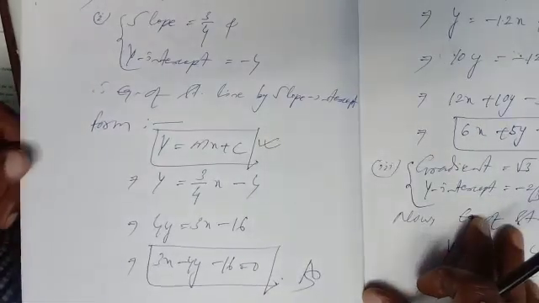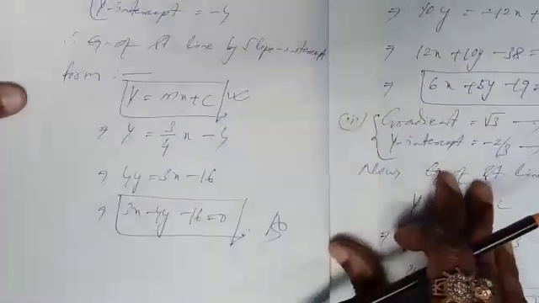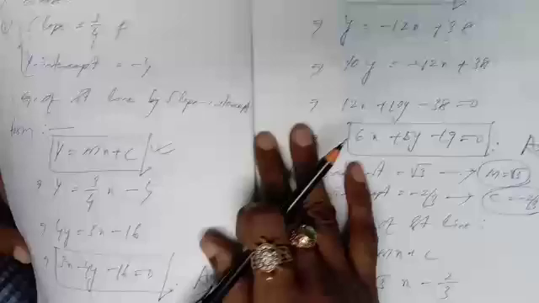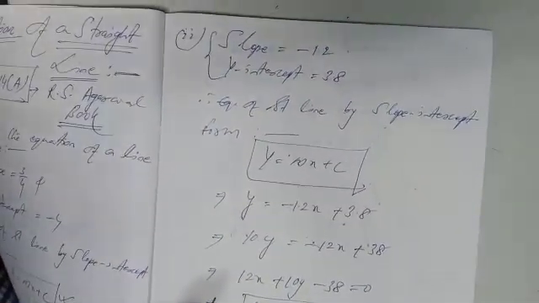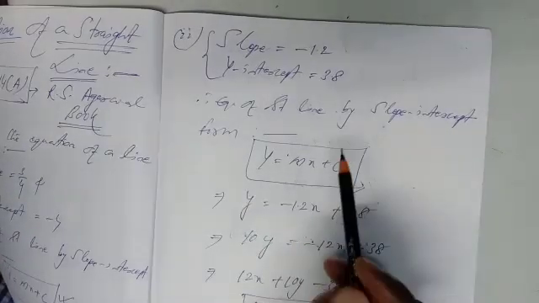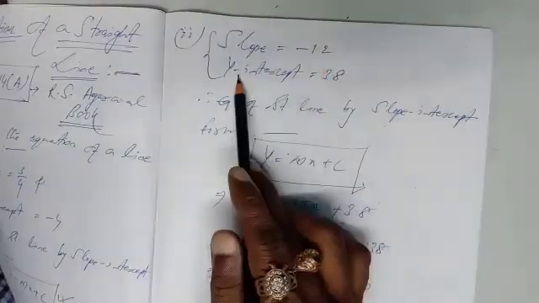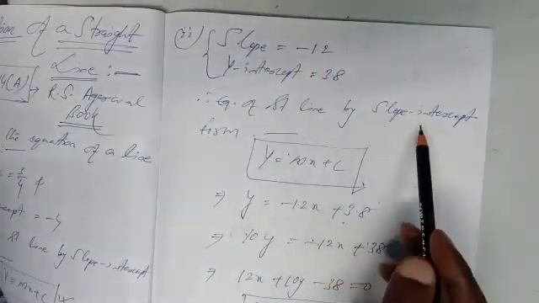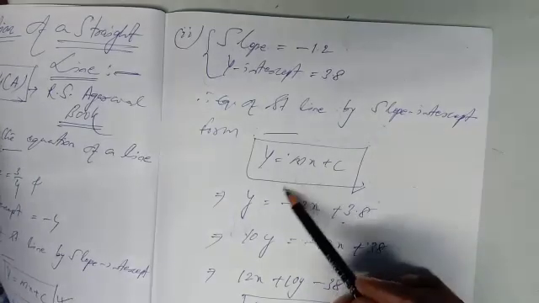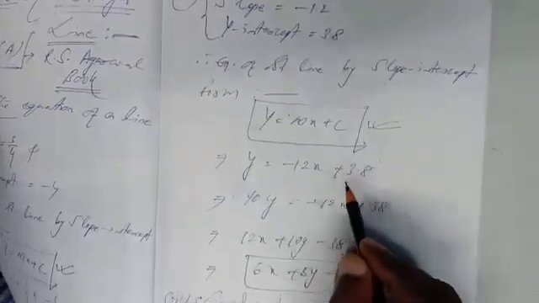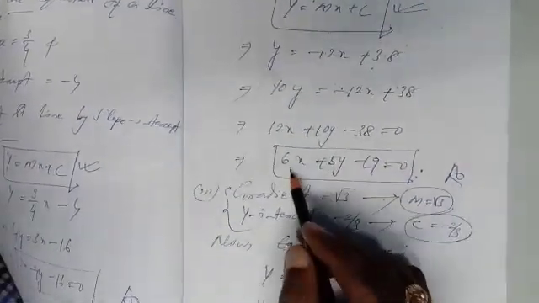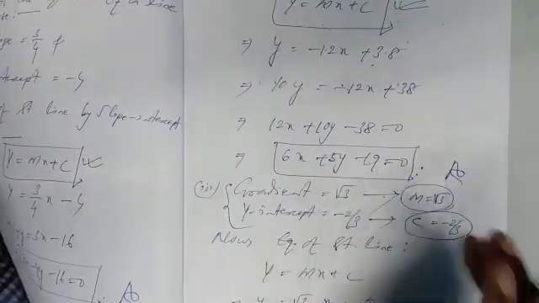Few questions, number 10, first part I have completed. Just for a revision, concentrate here for 2 minutes. Second part, slope given, y-intercept given. You have to find out the equation of the straight line using slope intercept form, that is y equal to mx plus c. M given, c given. Just put the value and simplify. You have to write in general form, x, y number equal to 0.